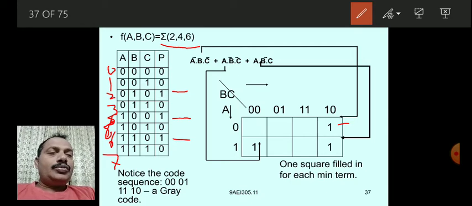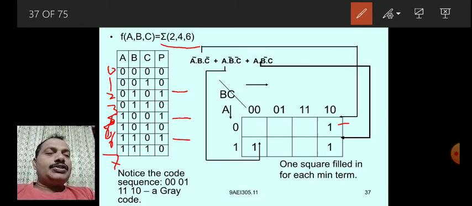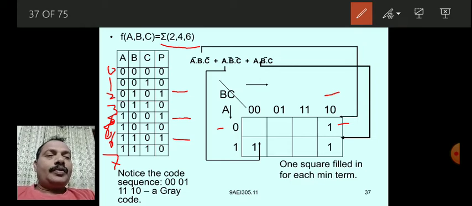Where is the 2? 0 1 0 is the 2, here, the second cell.